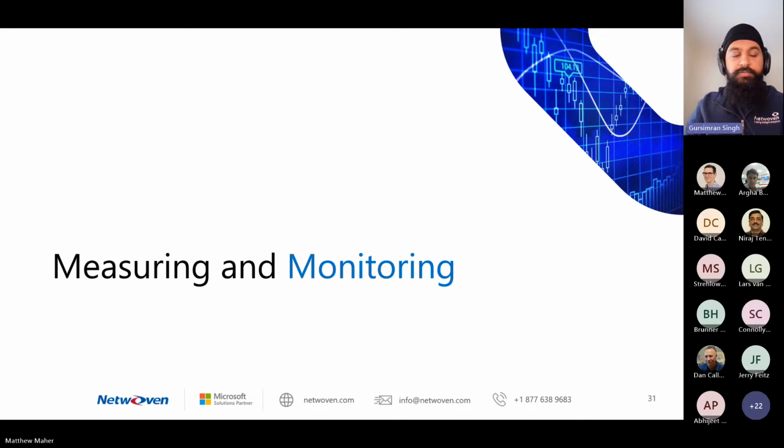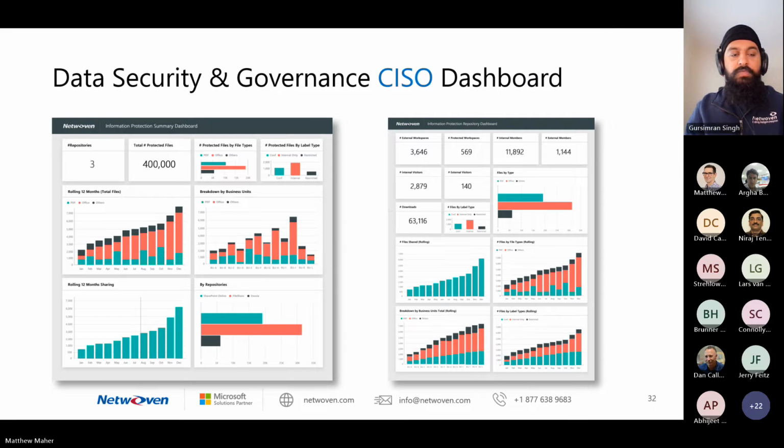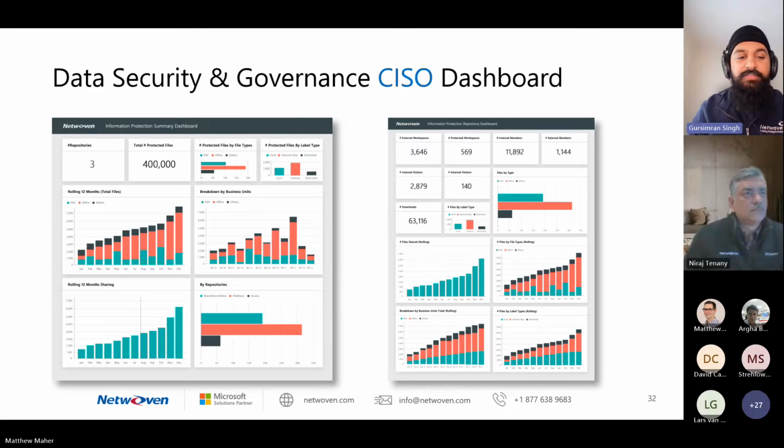Okay, measuring and monitoring. Slide, please. NetWoven likes to provide a holistic view of all of this content. We have the ability to create dashboards that lay out key metrics about all of the data that we have classified, all of the data we have protected.